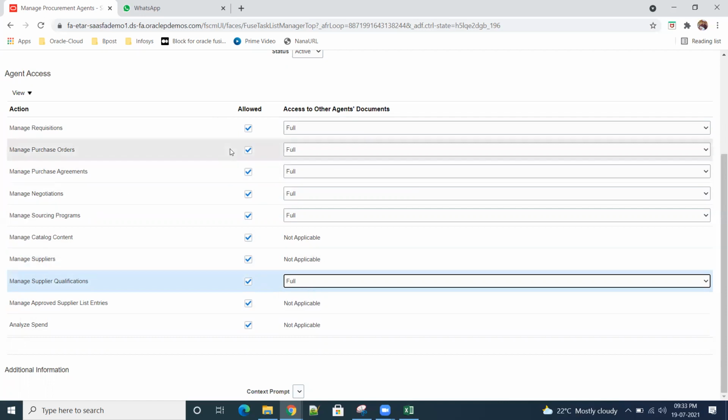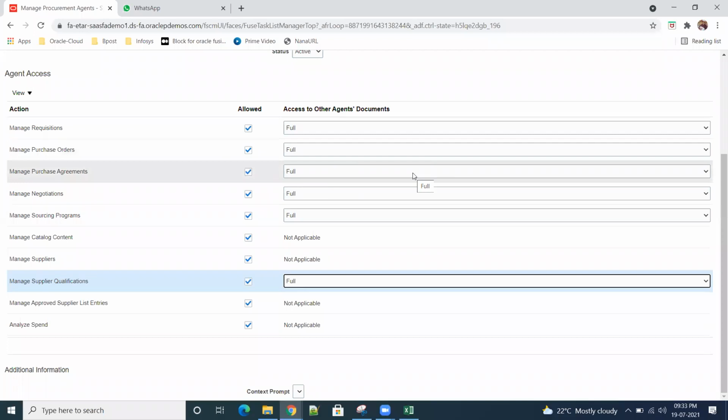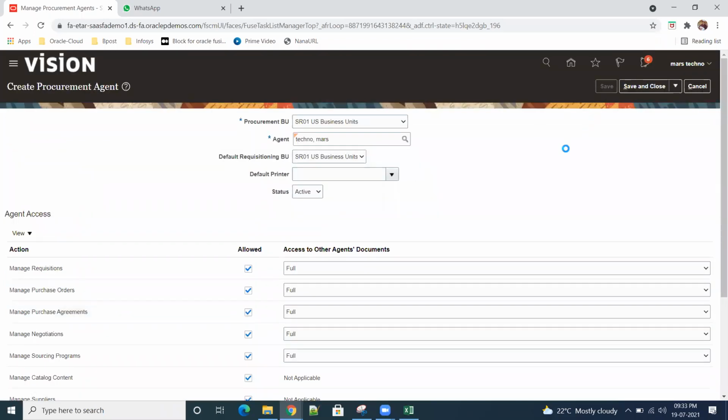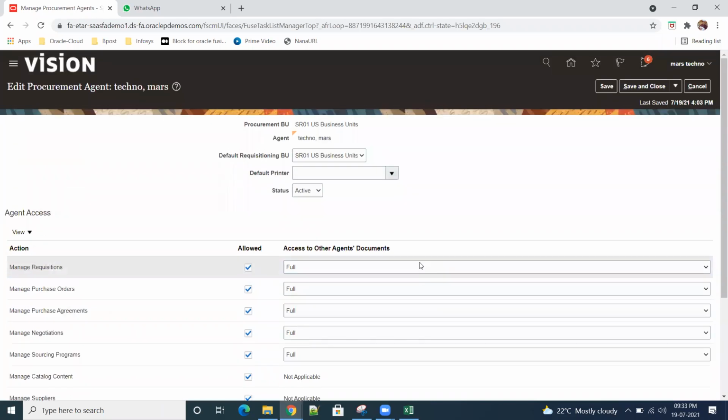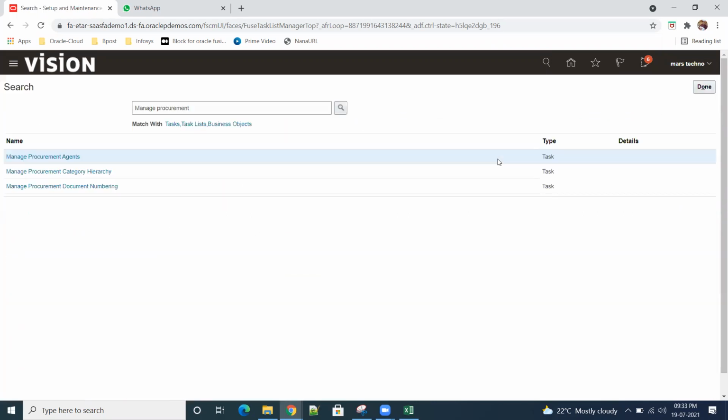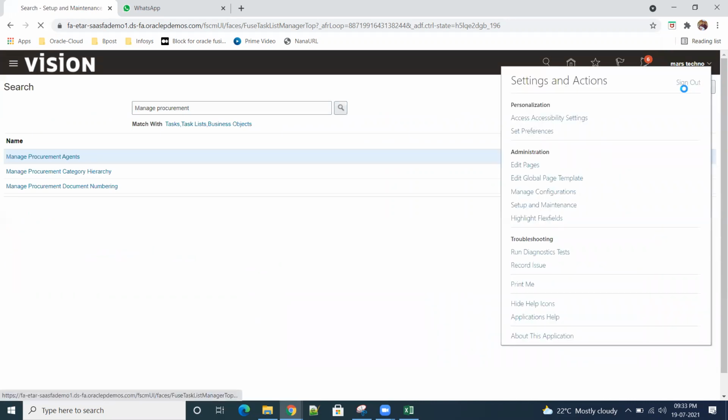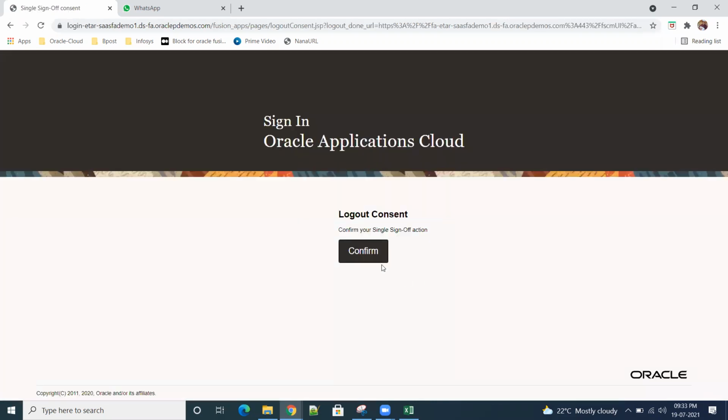Okay, so this is very, very important. Without procurement agent, the system should not allow creating the POs. Even if you want to process the PRs to PO, the procurement agent access is essential. These things will be explained a bit more during our procurement sessions. So just this particular thing is enough. Supplier qualifications, and the remaining we enable. So save and close. Click on done. So I think now we'll sign out and sign in back. That registration has to come.